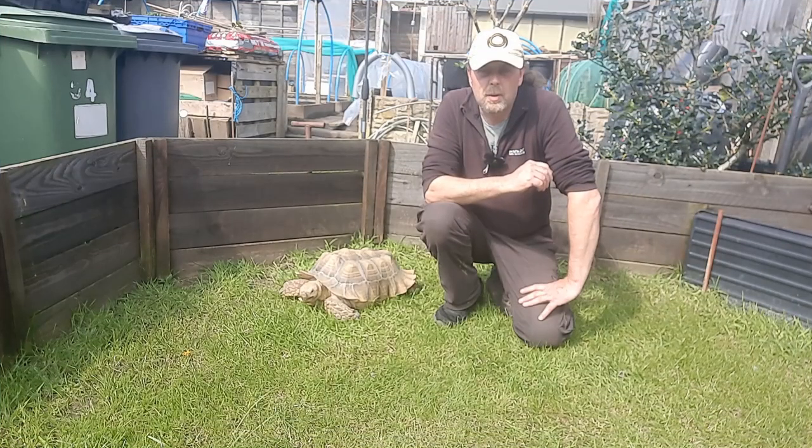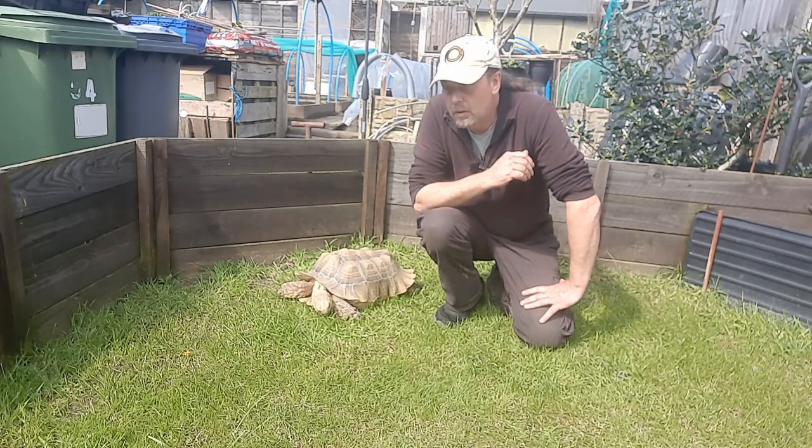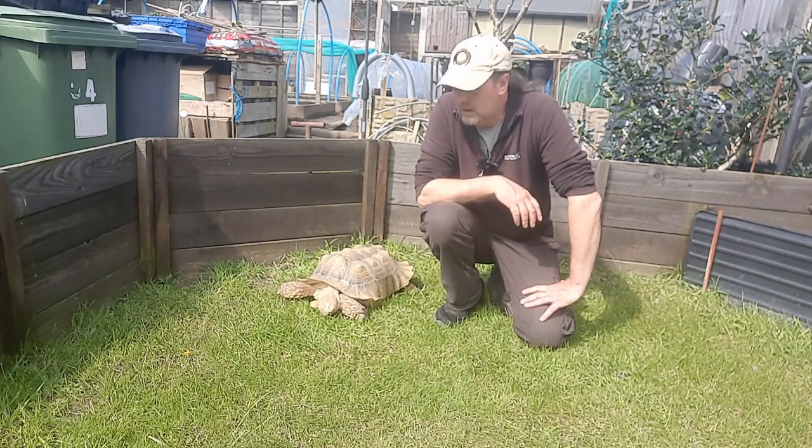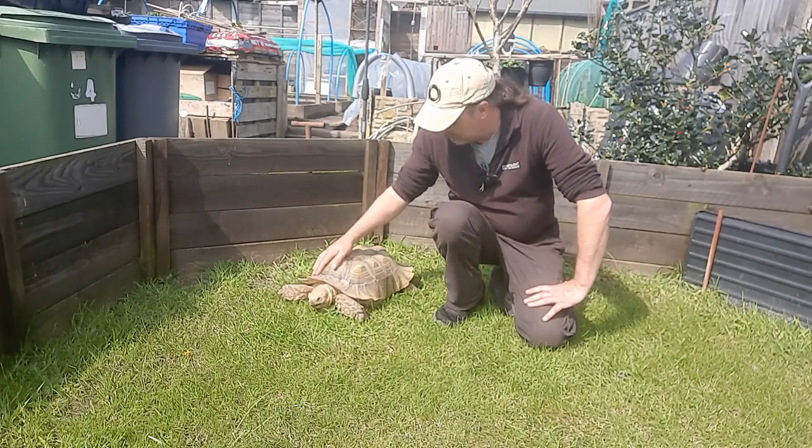15th of April. I'm going to be doing a bit of planting out today because the weather's fine. We've had a bit of a week of high winds and rain, so thought now's the time. It's a bit later than normal, but because of the bad weather I've had to wait a little while. So as you can see, sun's out, and Kane's had a couple of days outside